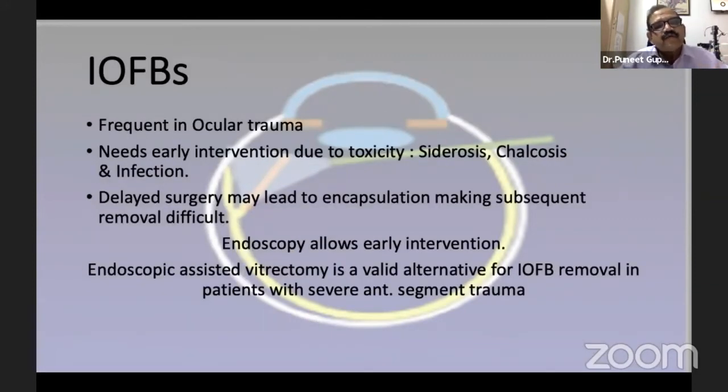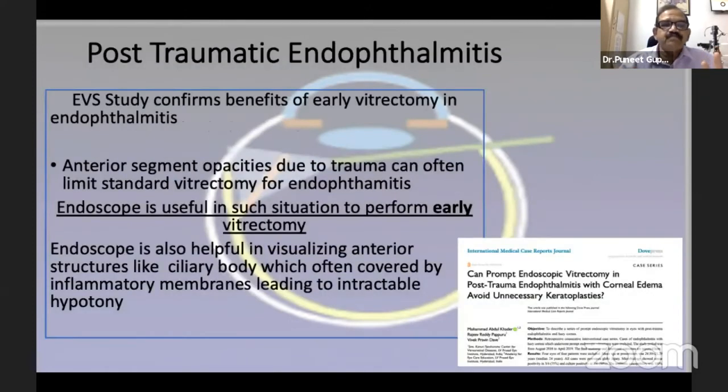Intraocular foreign bodies are frequent in ocular trauma, and they need early intervention because of the toxicity issues, siderosis, chalcosis, and also the chances of infection are more when there is a foreign body inside the eye. Delayed surgery may also cause encapsulation of the foreign body, which makes the subsequent removal difficult. Endoscopy allows early intervention in these cases, and endoscopy is a valid alternative for foreign body removal in these patients. Now, in the scenario of post-traumatic endophthalmitis,